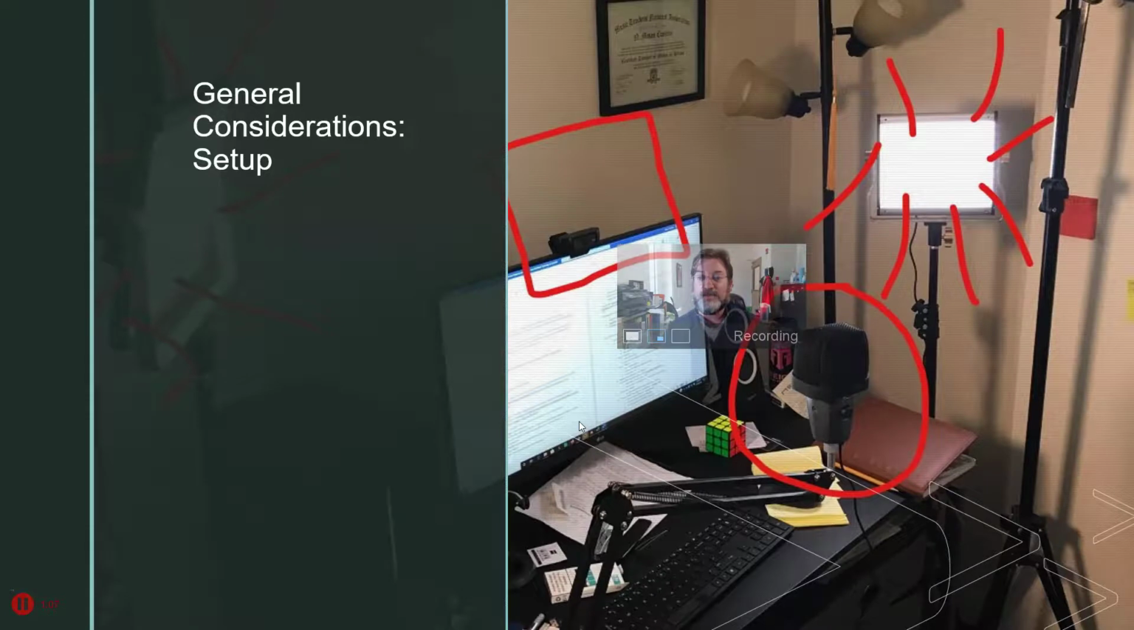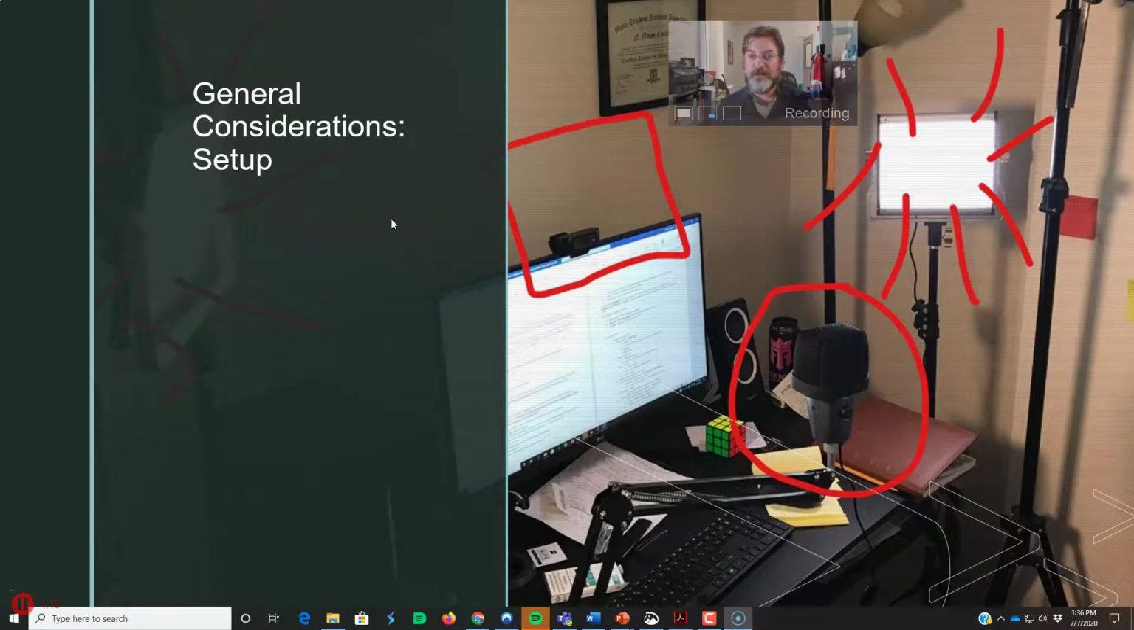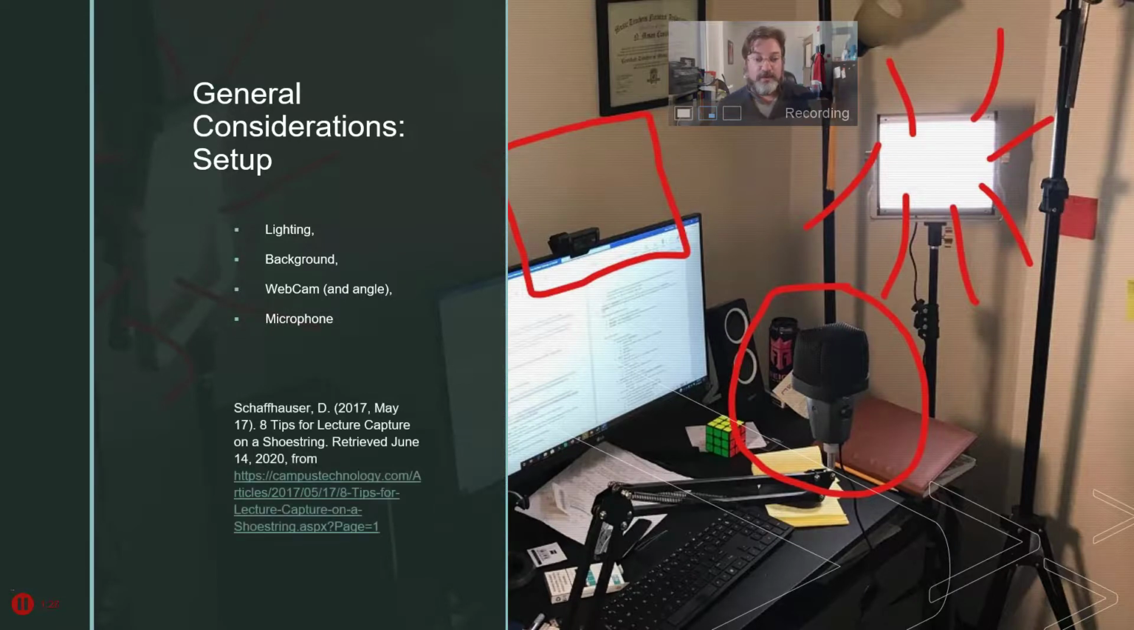And I might want to talk about the general characteristics of setup. Here, maybe I move my webcam right there. I can click through my PowerPoint to talk about lighting, talk about background distractions, your webcam and angle, your microphone, how quality sound is going to be important. And then there is that